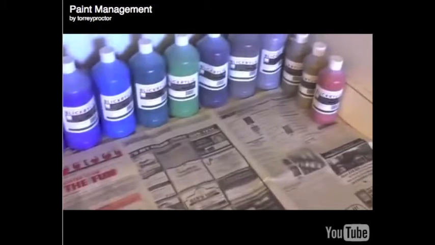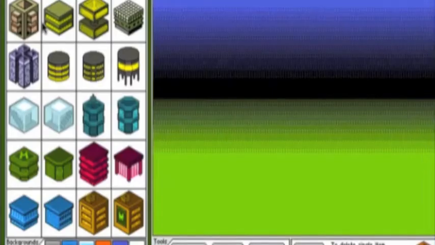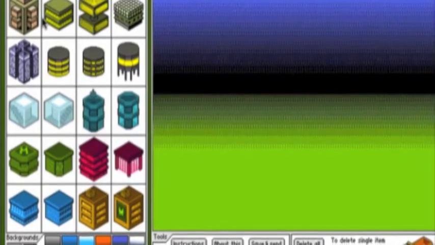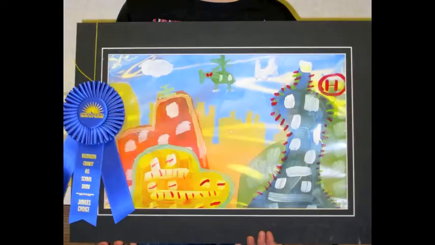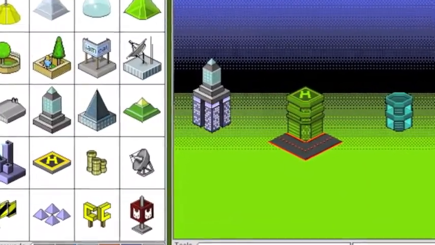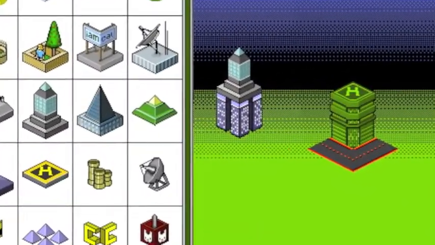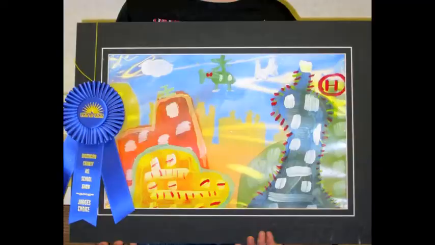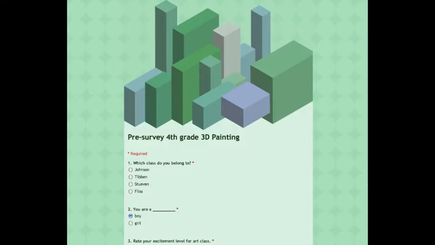In cycle 1 of my action research, I created a video on general classroom management with paints and a screenflow showing people how to use City Creator. The positive outcomes of the cycle included one student's painting from the project receiving a blue ribbon at the county art show. You can see technology's influence in his use of a helicopter pad in the painting. The H circle is most likely inspired from the helicopter pads in City Creator.